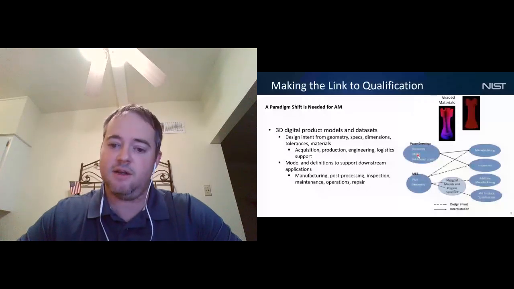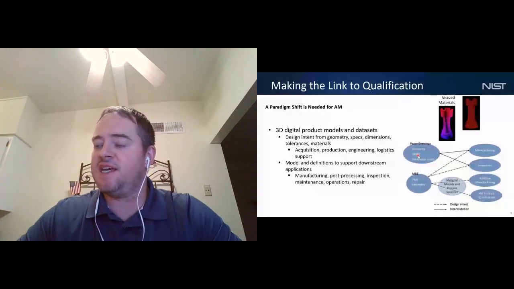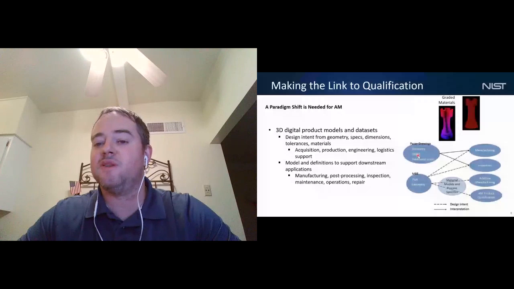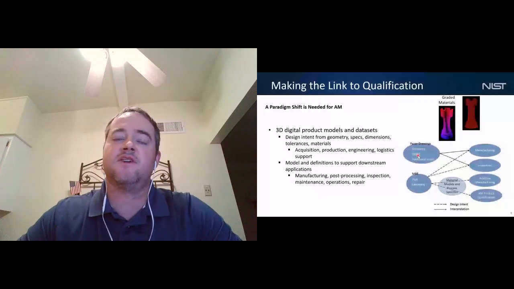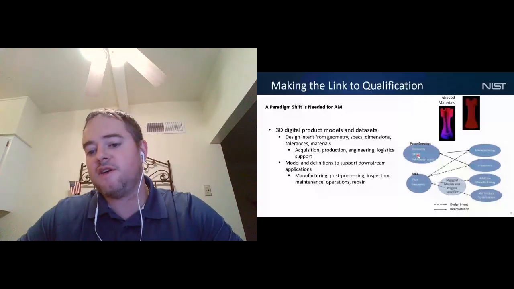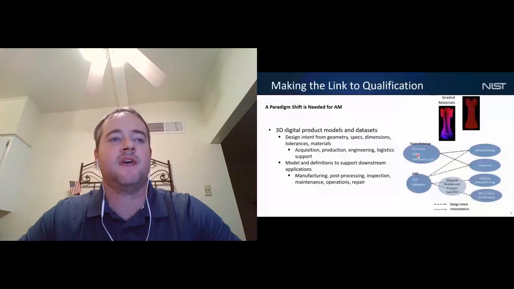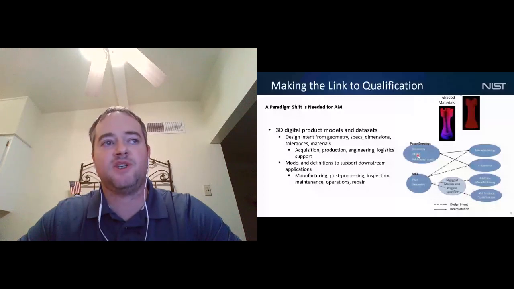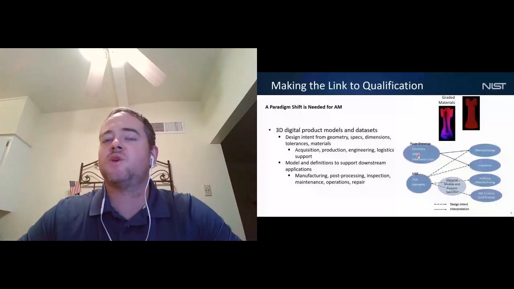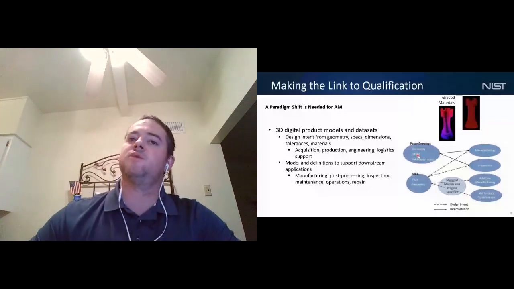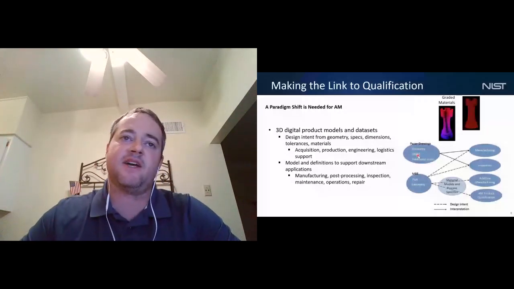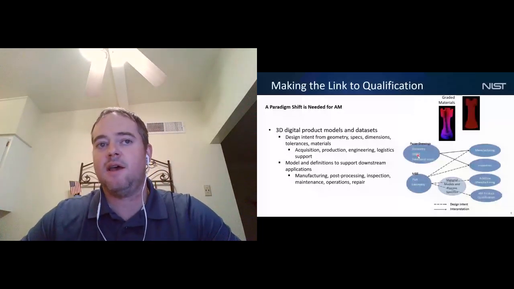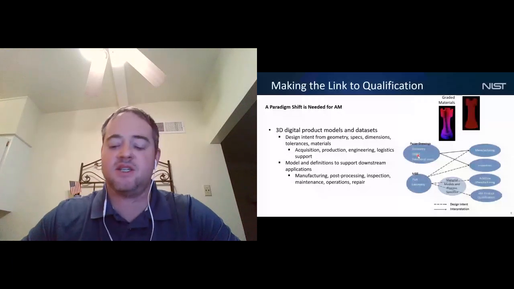And of course, this also goes all the way into inspection when you want to do some certification or qualification. The idea is when you design for an intent, you design against certain requirements. If you're using something complex, as we see more and more lattice structure usage and start to get into functionally graded materials, how do you really qualify against something like that? What do we have that can help us qualify against that? How do we specify those requirements, and how do we show that we've actually met them? Those are some of the unique challenges we face with the process capabilities of additive manufacturing. What are the unique communication challenges as we communicate between suppliers, within organizations, and across organizations?